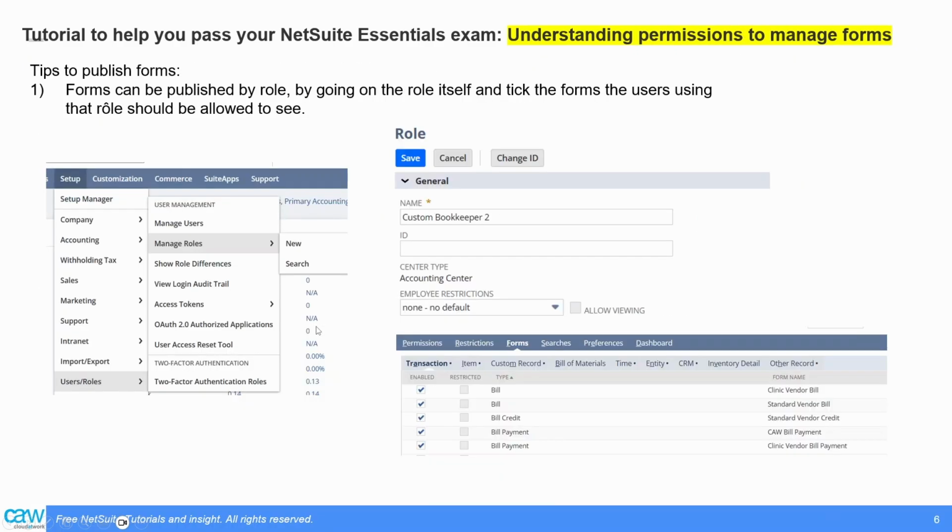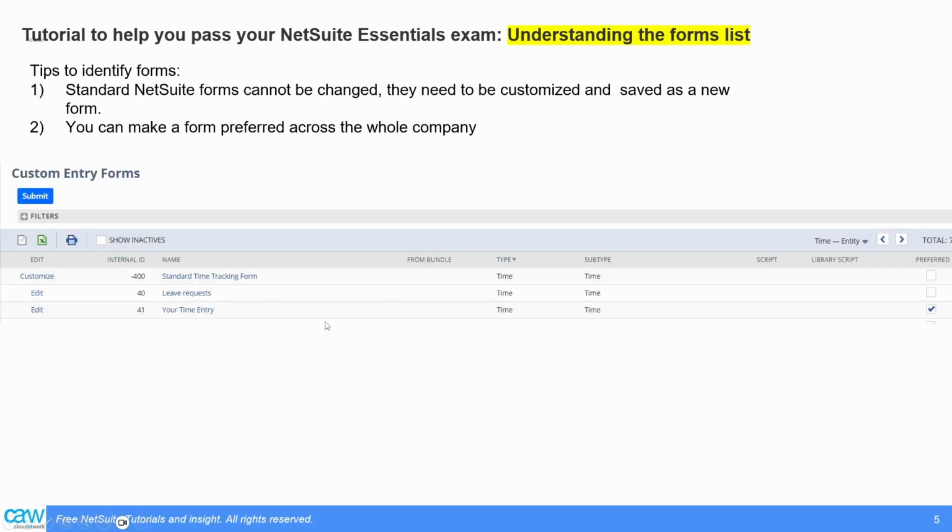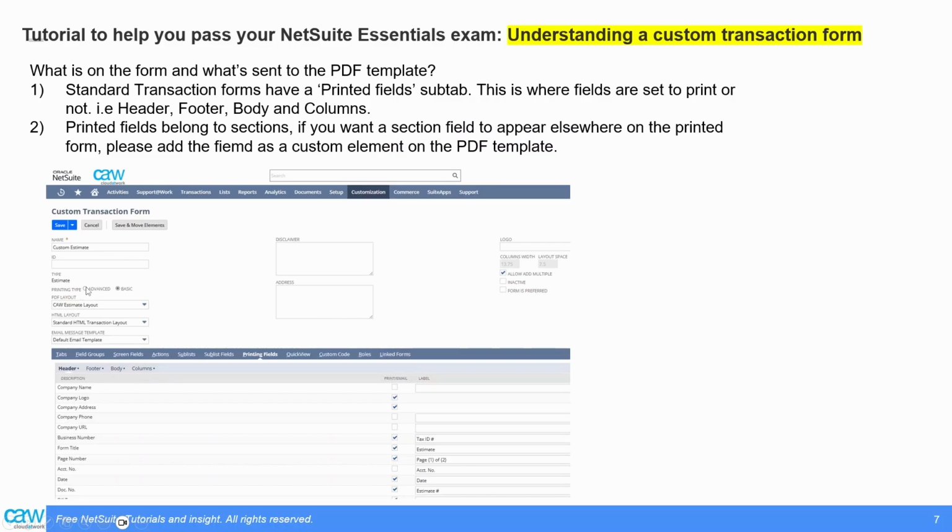And you're going to access this by going to, where is it? Customization form, advanced PDF templates. Now be very careful when you do this. You have to make sure the printing type is advanced on your transaction form and that you pick the right PDF layout. If it doesn't exist, you will see standard one there,